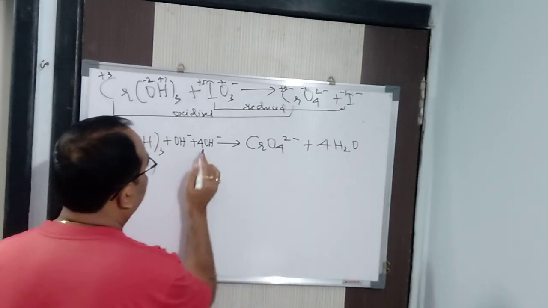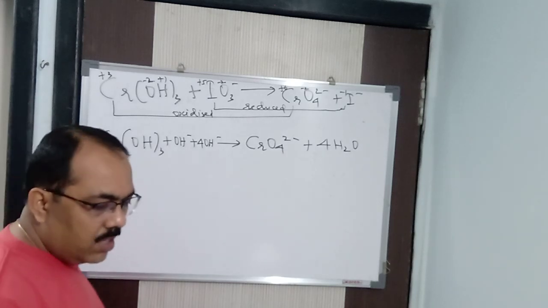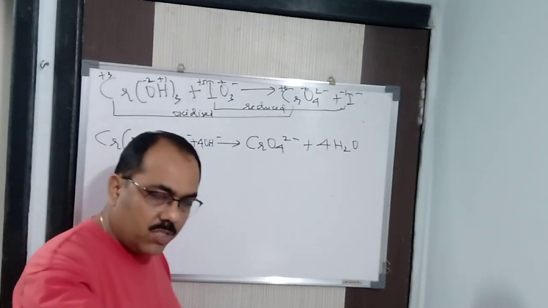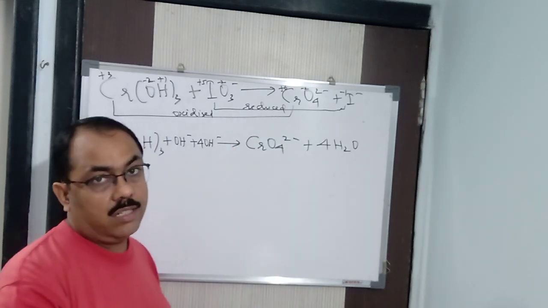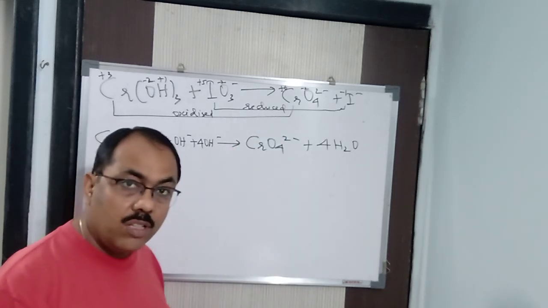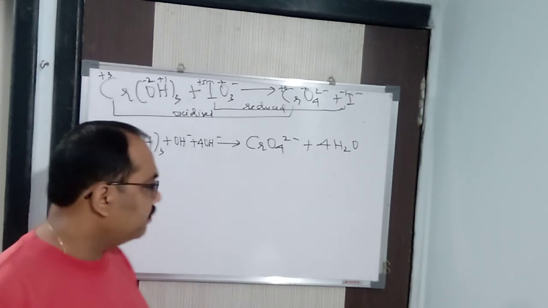Here hydrogen is 8, here hydrogen you can see 4, 1, 5, 3, 8. See, it is balanced. Understood? As many water molecules as you are adding on one side to balance the hydrogen, that many OH minus ions you will put on the other side, so that it will be balanced. This is the only difference between H plus and OH minus ion, that is, in acidic and basic medium.